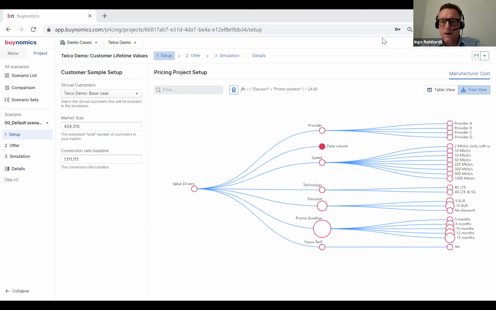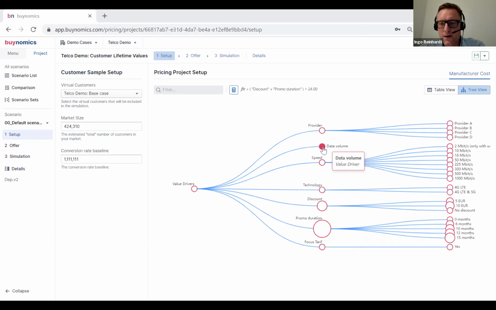So here's just a very basic example, and it's based on what Mario explained in the method part. The virtual shoppers have been parameterized from different data sources, survey data, for example, or past sales data, anything that's available. And from that, we have created this context where these virtual customers have preferences on different providers, provider A, B, C, D. They have a preference on speed, and the context here are mobile plans. They have a preference for technology, some like discounts more than others, and so on.